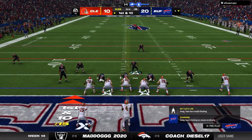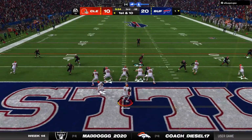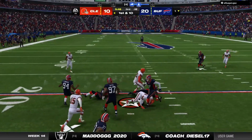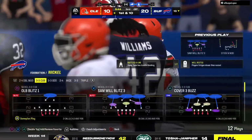Is that the old glass half full, half empty type of a deal? Which way do you want to look at it? Because you're right, they're down on the scoreboard, but there are definitely opportunities now. Because if they want to go ahead and get going in this one, get back to the running game, I think there are going to be some places to go with it, and I think the offensive line...